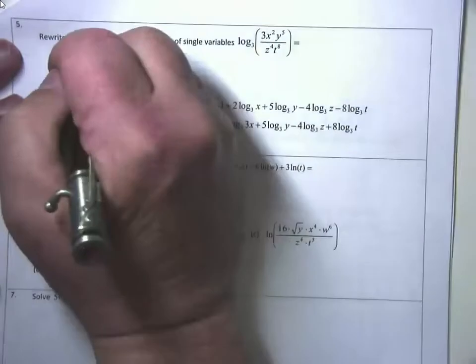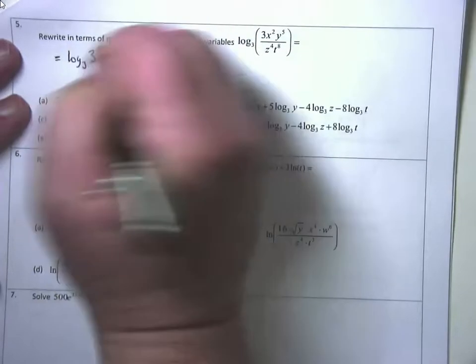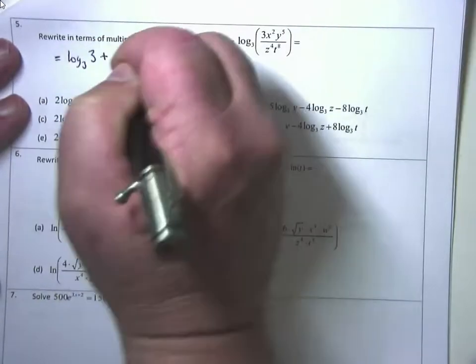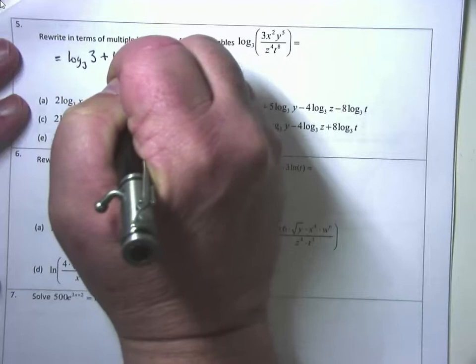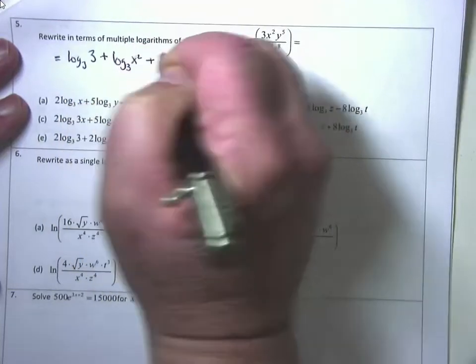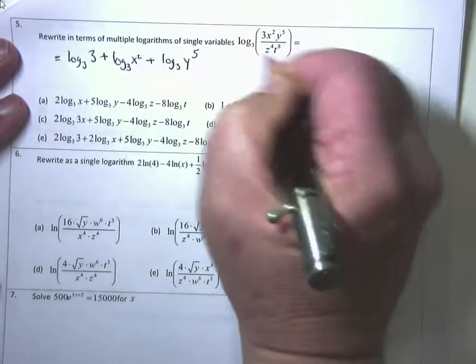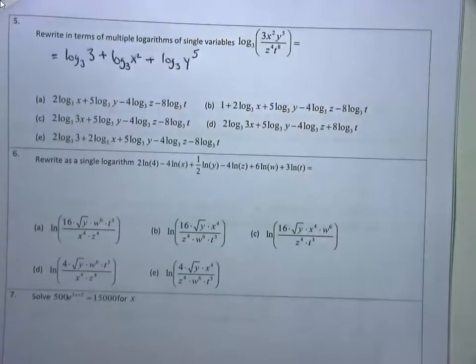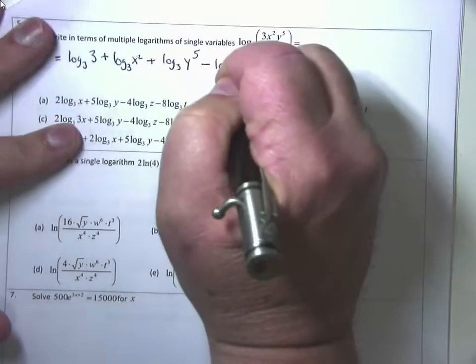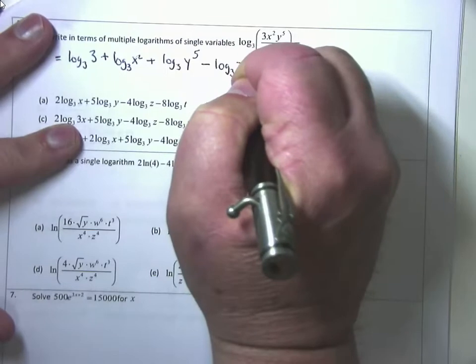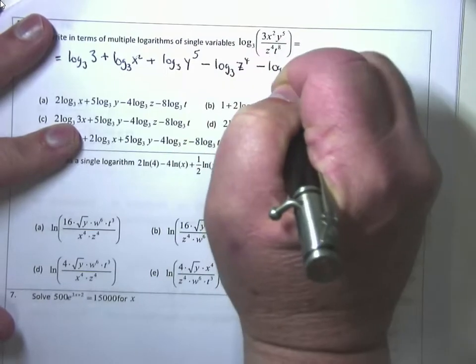So this is equal to the log base 3 of 3. It's being multiplied, so it comes in plus the log base 3 of x squared plus the log base 3 of y to the 5th. Now, to be in the numerator, you must have multiplied. Multiplication turns into addition. If you're in the denominator, you're dividing by it, and division turns into subtraction. So this will be minus the log base 3 of z to the 4th minus the log base 3 of